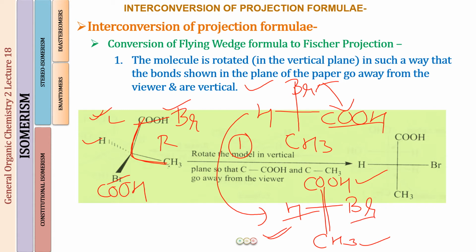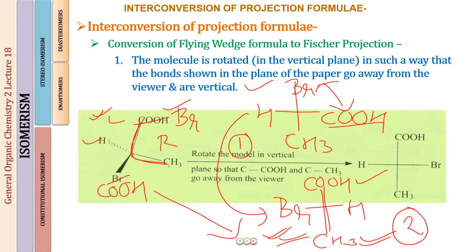When we do that, what you will be getting is, I'll just rub it over here only. So Br will come this side and H will come this side, right? So now we have made how many interchanges? We have made 2 interchanges. And when we make 2 interchanges, the molecule remains the same. The configuration remains the same. If we make 1 interchange, it converts into its enantiomer. If we make 2 interchanges, well, it converts it back into the identical molecule or the original molecule. So this is going to be my correct representation for this flying wedge representation.